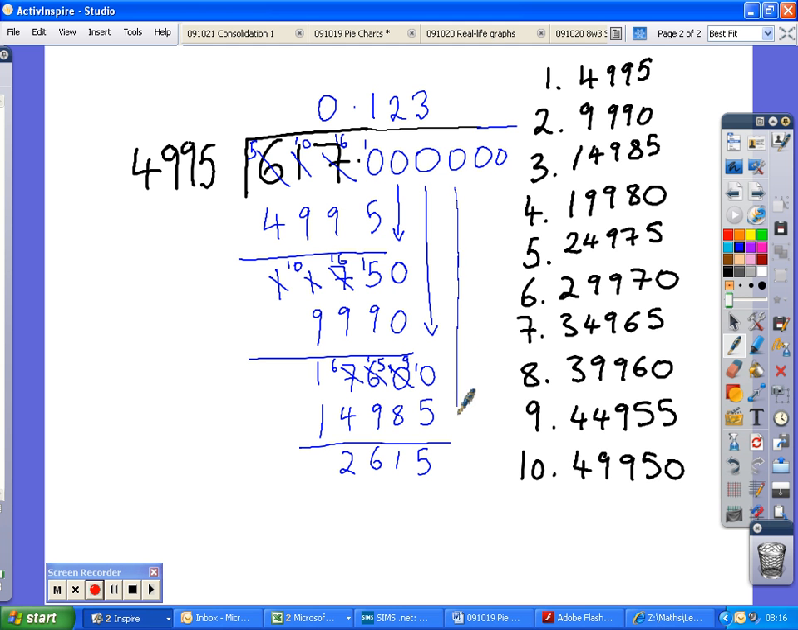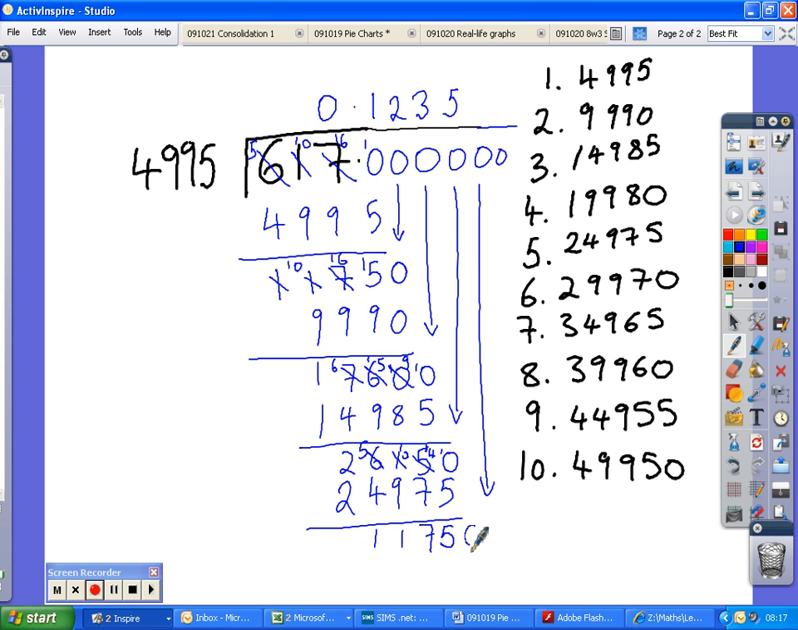And I bring down my next 0. Looking for how many 4,995s go into 26,150. That looks like 5. 5 times 4,995 is 24,975. And I do my subtraction. And then I bring down my next 0,